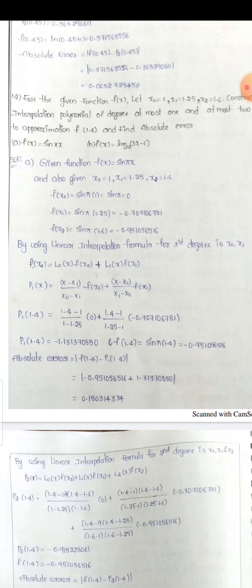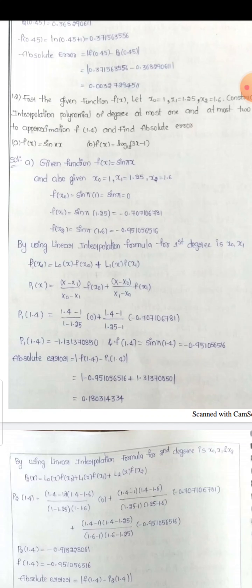P1 of 1.4 is equal to 1.4 minus 1 divided by 1 minus 1.25 into 0 plus 1.4 minus 1 by 1.25 minus 1 into minus 0.707106781. P1 of 1.4 is equal to minus 1.131370850 and f of 1.4 is equal to sin pi of 1.4 is equal to minus